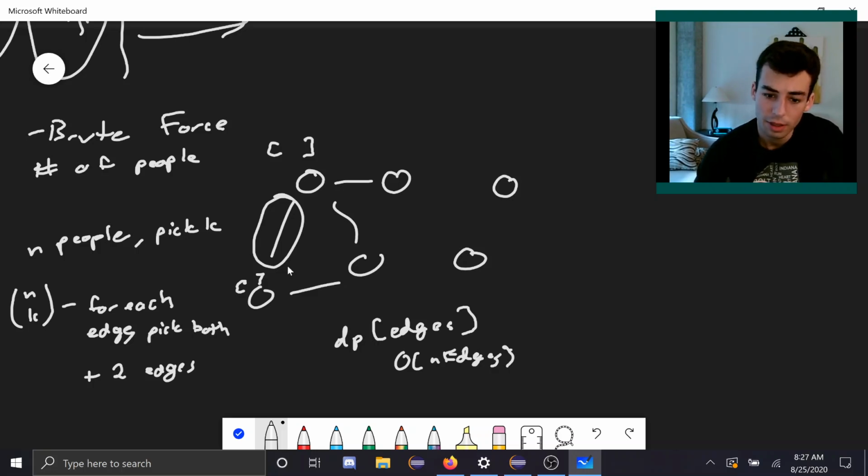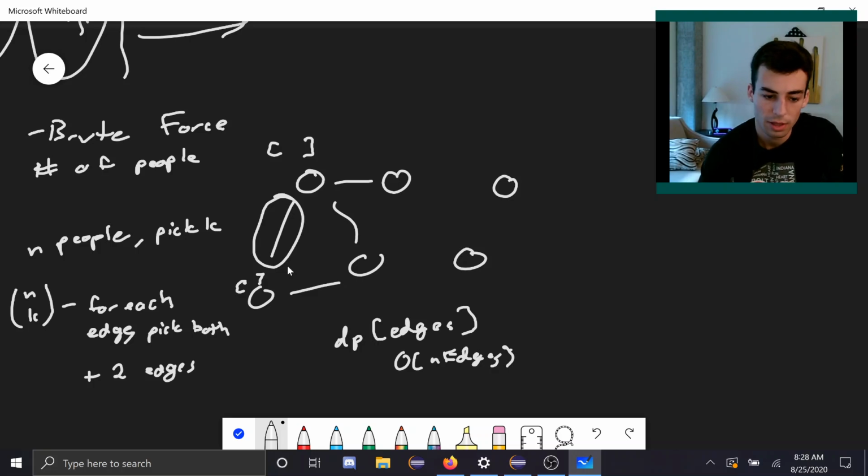And then the set of which edges are relevant as you increase the number of people that you pick will change order n times, because each edge will become relevant and then stop becoming relevant. It isn't obvious to me though